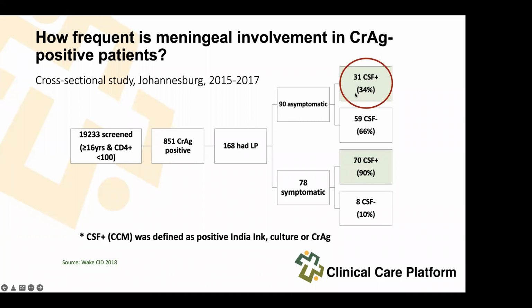And we would have missed the fact that these patients have a meningitis because 34% of them also had the positive crack antigen in the CSF as you look at it there, right? This has changed the algorithm for fluconazole prophylaxis therapy to require that all patients who have a positive crack, whether they are symptomatic or not, should receive a lumbar puncture. And this is in pursuit of identifying all those who might be having a positive crack antigen in the CSF, who then need to be treated as a meningitis and not as a prophylaxis.